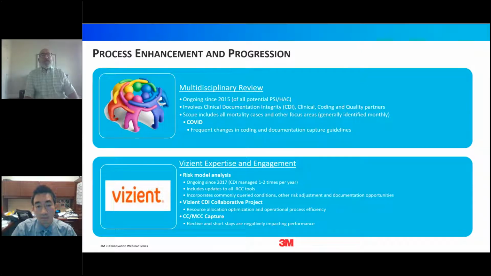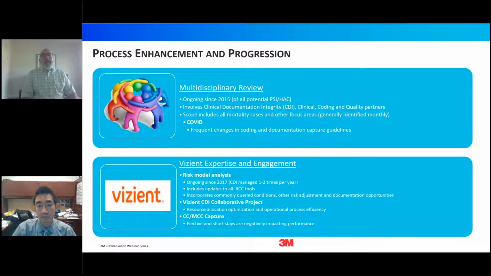We also have a very large Vizient expertise and engagement from the CDI, and so we do risk model analysis, and we've been doing this since 2017. And we have a tool that we created, which is called the .rcc tool, and it is embedded in the provider's documentation. They can use it to identify conditions present on admission or even conditions not present on admission. It was mainly developed for our Vizient models and making sure that we're capturing all of those diagnoses, but it also helps to